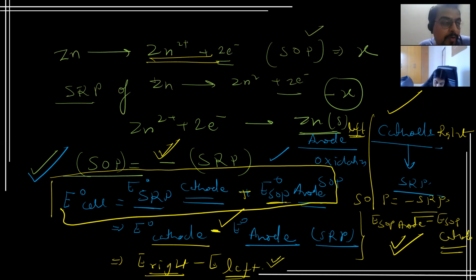Generally, from my experience, students are too confused about the fundamentals, because sometimes in a question they give oxidation potential for the cathode and reduction potential for the anode. So then you need to understand, analyze, and change accordingly. Okay.